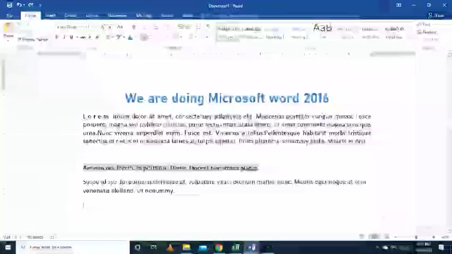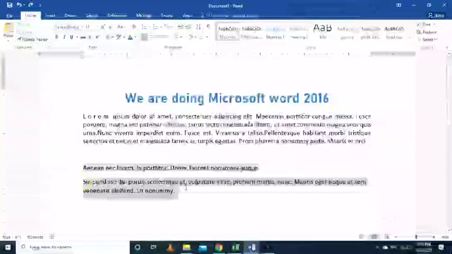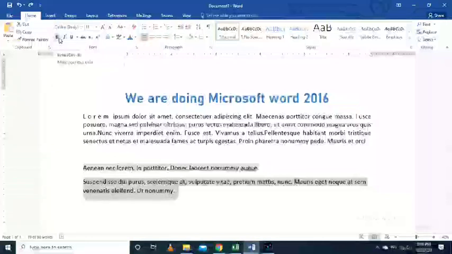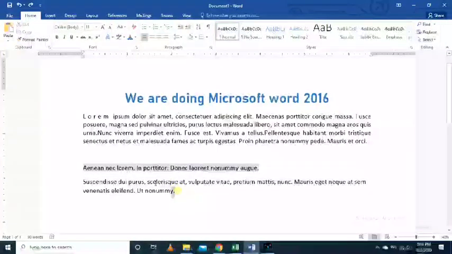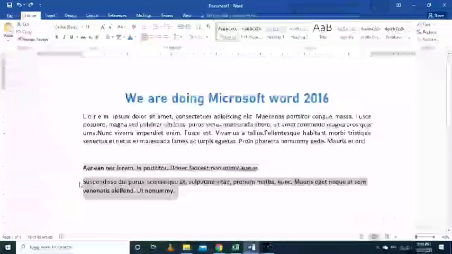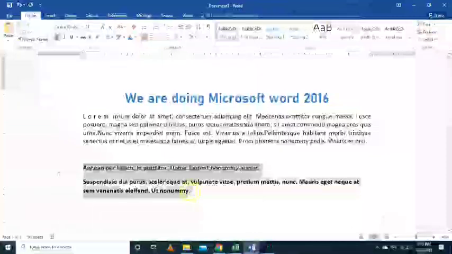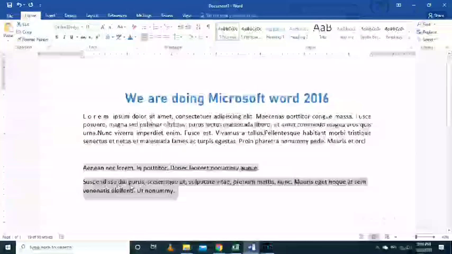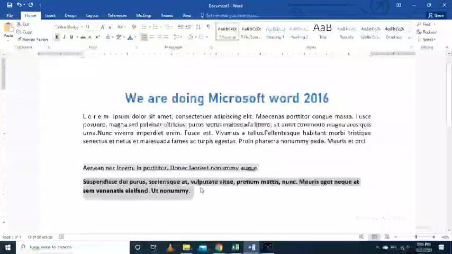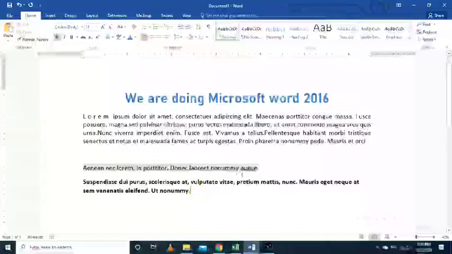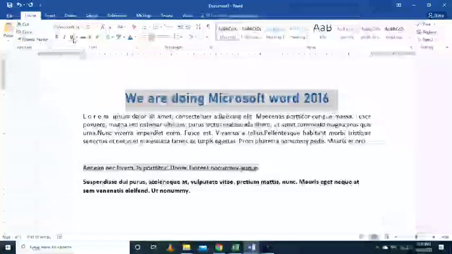If you want to make your text bold, here B is there. Let me show you a shortcut again. Control B is for bold. If you want to bold something, you just press Control and B, bold. Again, if you press Control B, it will be removed. Control B again, it will be applied, like that. If you want to underline, let's say I want to underline this heading, select it, and you can underline it from here.